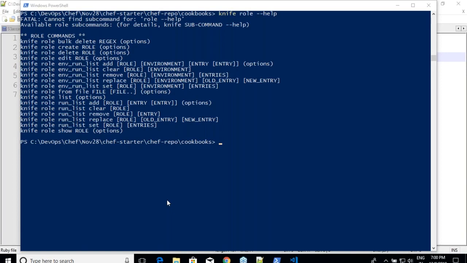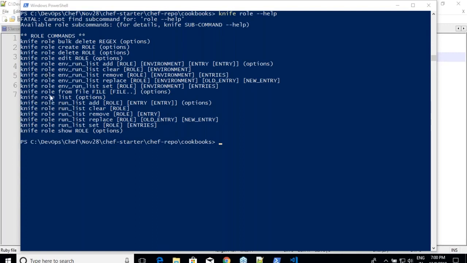If you execute from a command line or if you change it in the UI, you will not have a record of the change. But whenever you have a file, you make a change in the file. Whenever you put it in a version control system, you will have a version, first version, second version, third version, and you can look at all the changes which you have done. All right. So I'll be executing this.